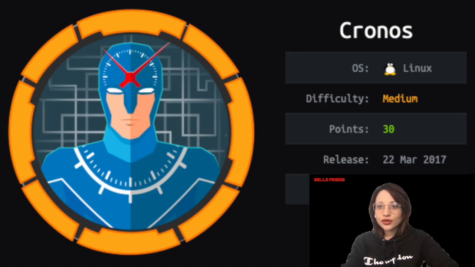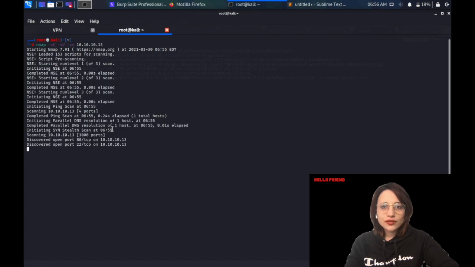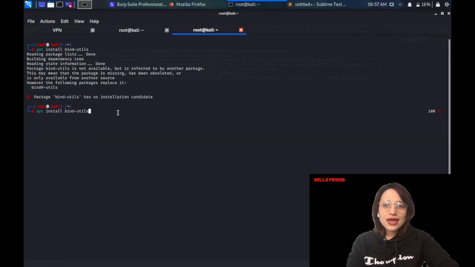So the first box is Chronos. It's a Linux box. It's a medium severity box, as you can see here. We are starting with an nmap scan. I'm always using the same options: -sC for safe scripts, -sV for version information, -vv for verbosity. And as you can see, we're seeing port